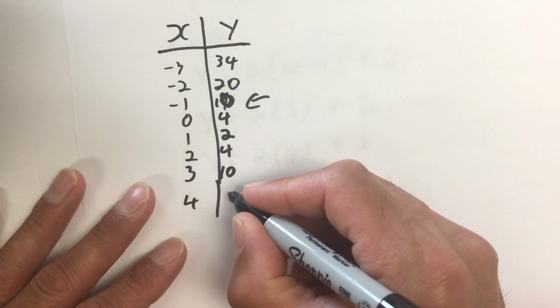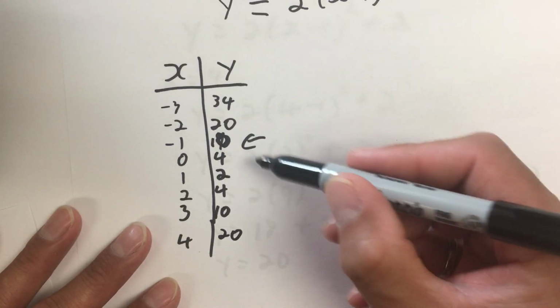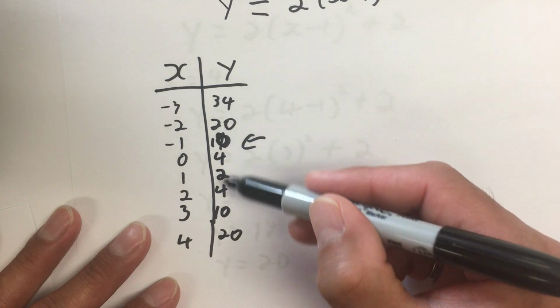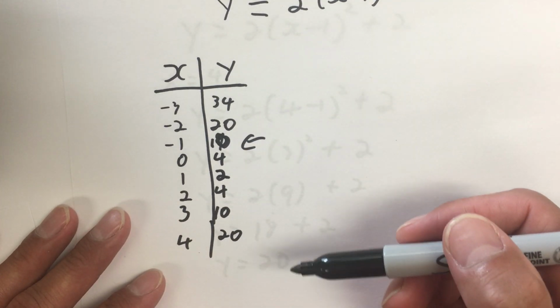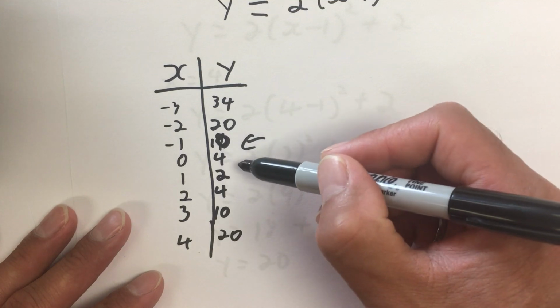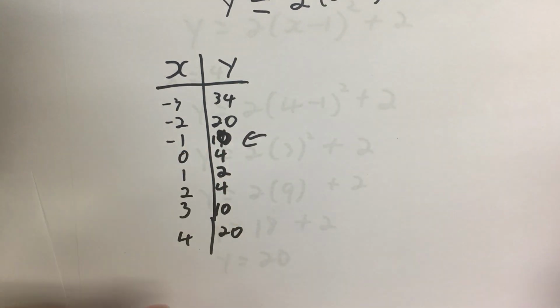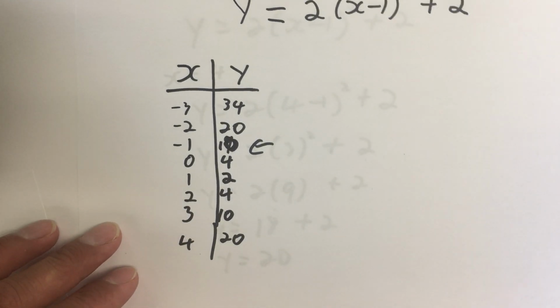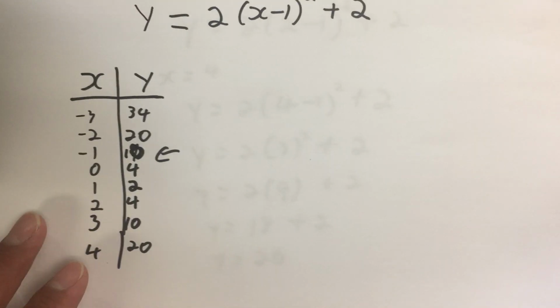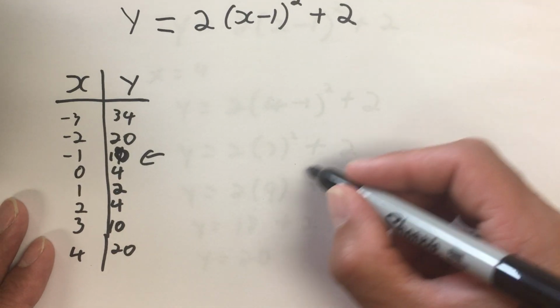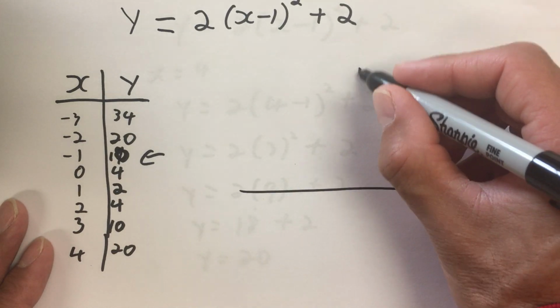So this is a good way to check to see that you're doing things correctly. If you see a pattern, but the pattern is not perfect, then a mistake has been made. There is always a pattern where this is perfectly symmetrical as we go left and right. We call that an even function. So now that that's fixed, to graph this,